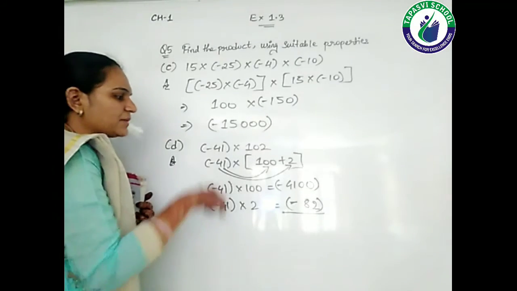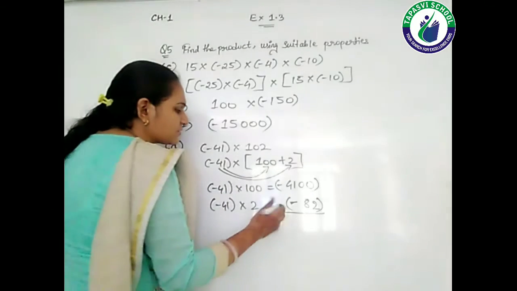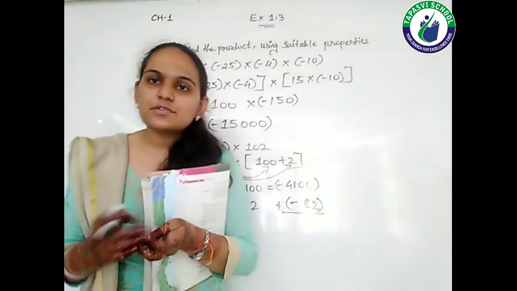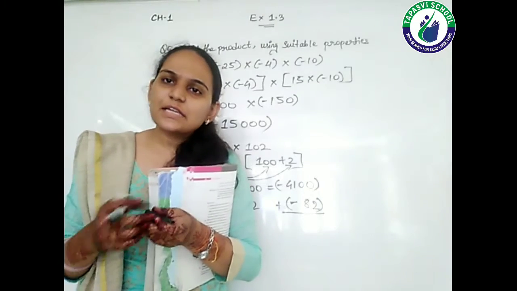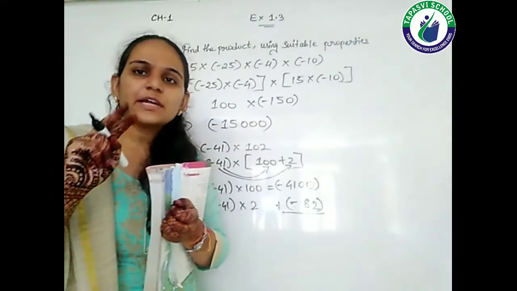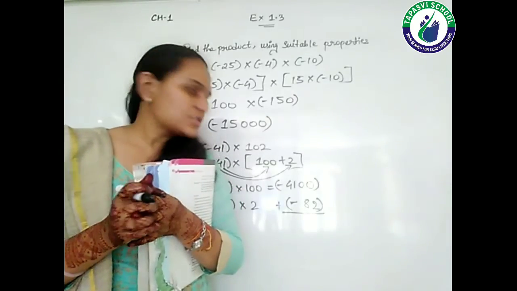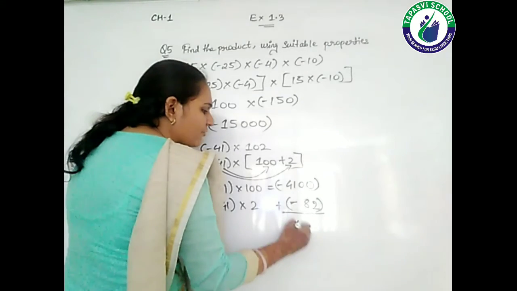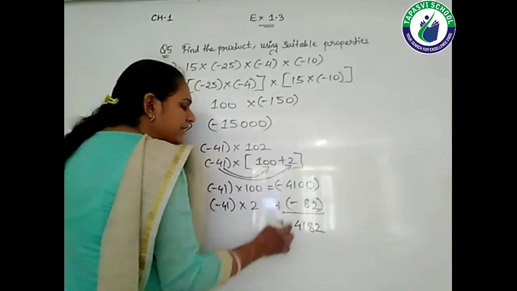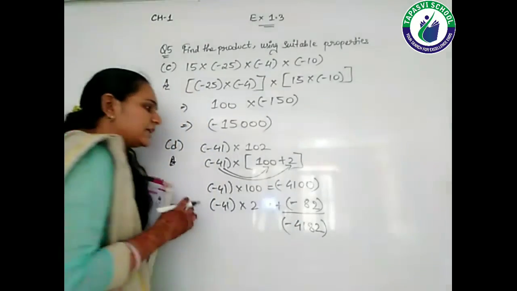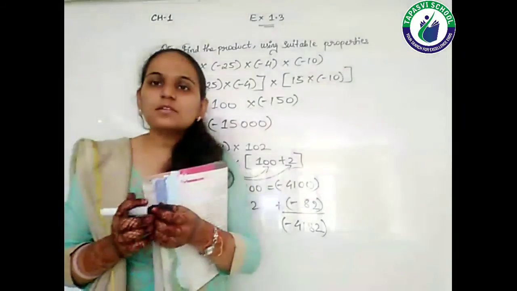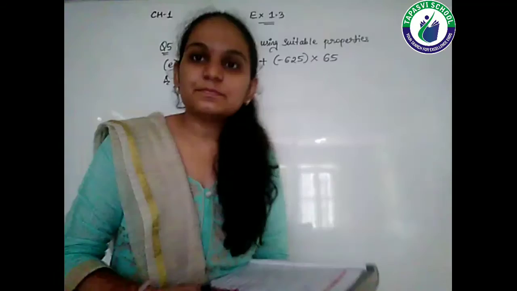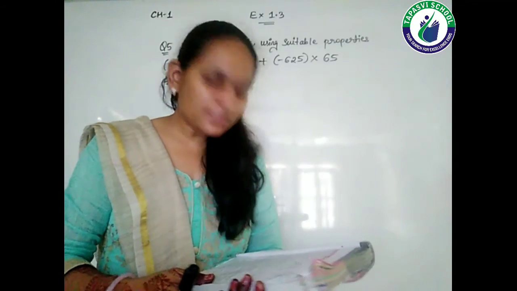Now both need to be added because in between a plus sign is there, students. Now you very well know that whenever you add two negative integers, right, the answer is always negative only. But when you add two negative numbers, first you need to do the sum of them. So 4100 and 82 becomes 4182, and both are having the negative sign, so the answer will also be negative only, right? Remember the rule of addition and subtraction of integers, right? Okay students, now let's see the fifth question.